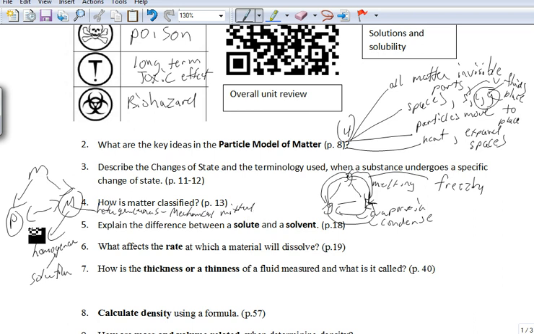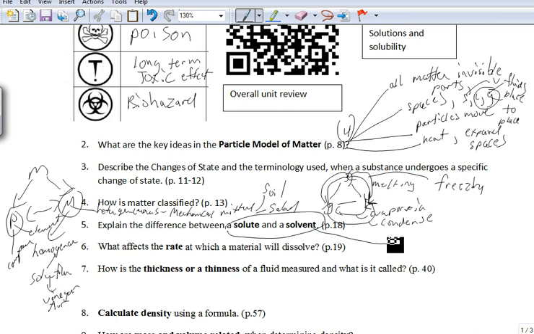And you should be able to know that these are elements. Pure substances can be elements or compounds. You should be able to give examples. For example, examples of solutions: vinegar, air. Examples of mechanical mixtures: soil, salad, etc. Next, what's the difference between solute and solvent? Solvent is the substance in greatest quantity in a solution. It's usually water. Solute